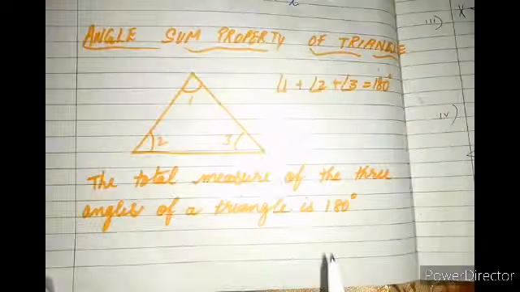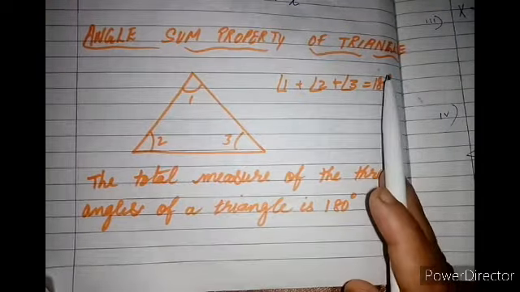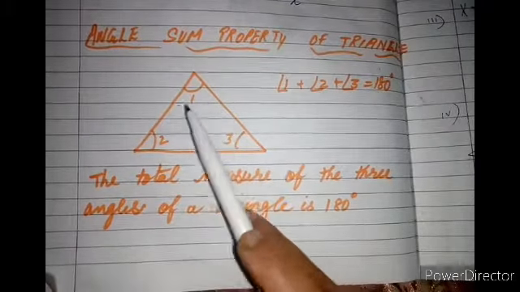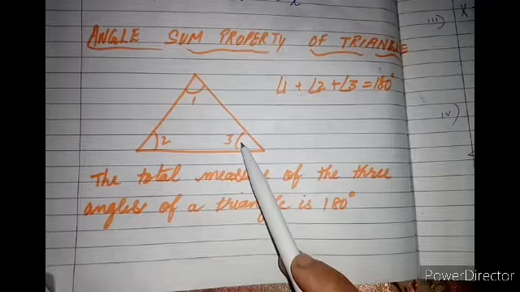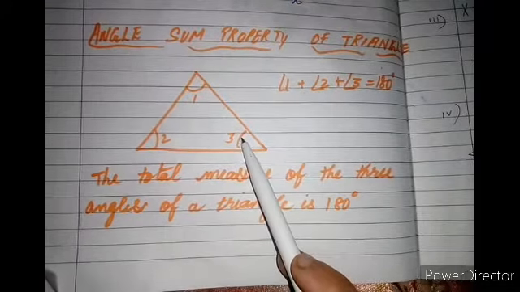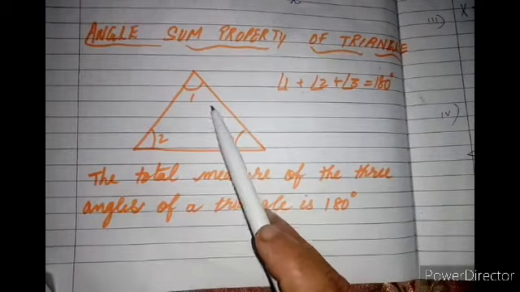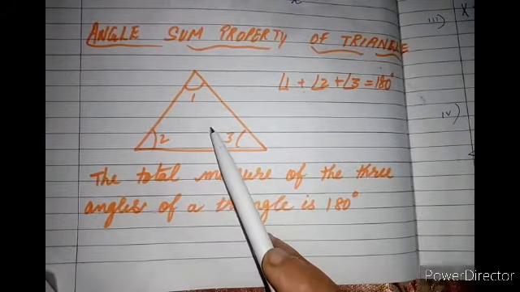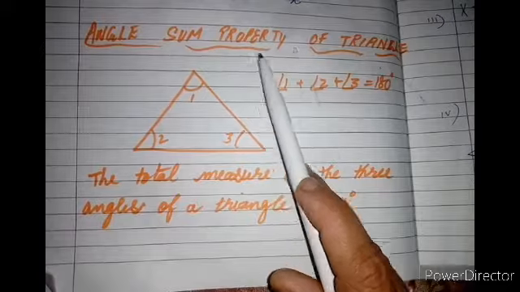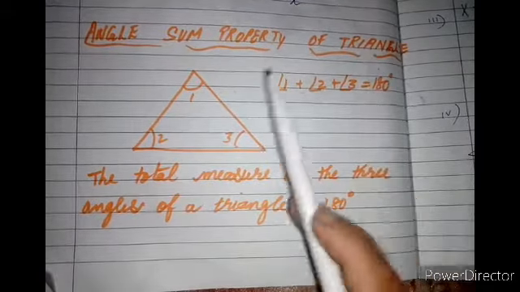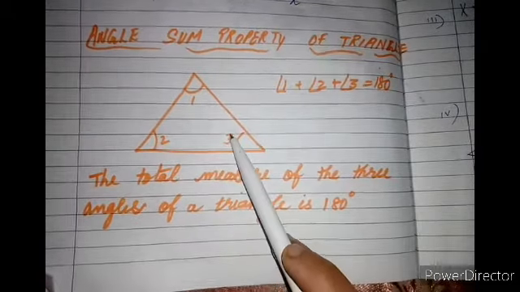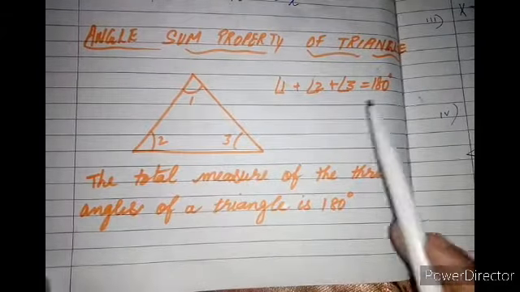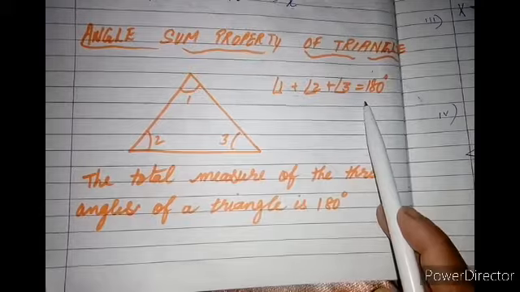property, that is angle sum property of triangle. What does it say? ये तीन triangle की three sides और three angles होते हैं. Yesterday we did that exterior angle is equal to sum of interior opposite angle. And today we are doing angle sum property of triangle, कि तीनों एंगल का सम, एंगल सम जो है वो कितना होता है 180 डिग्री.